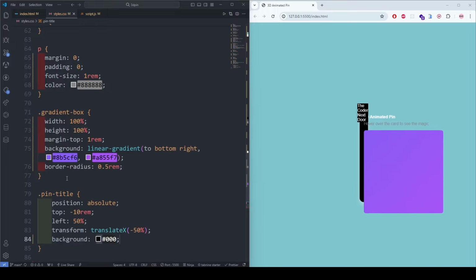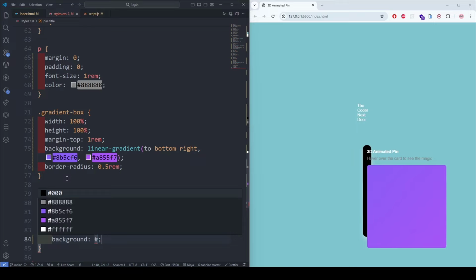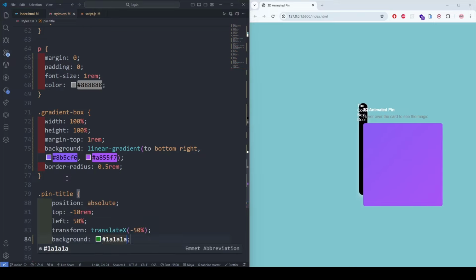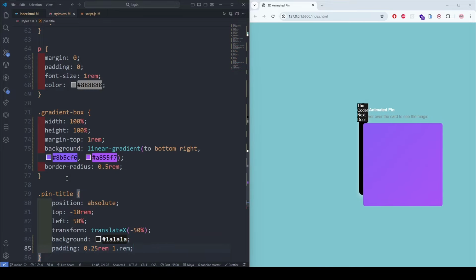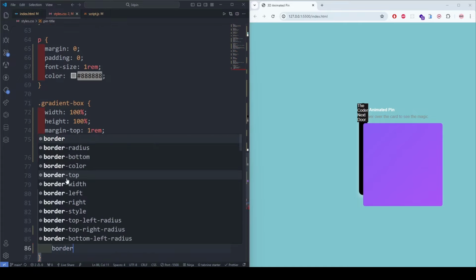Background color is going to be 1A1A1A. Padding 0.25 rem, 1 rem. Border radius